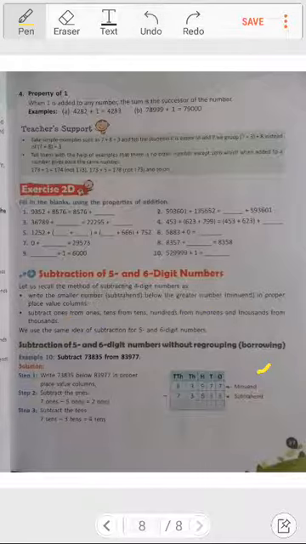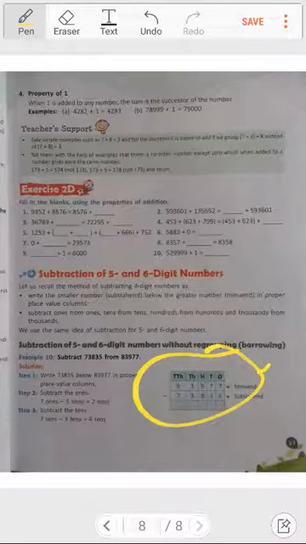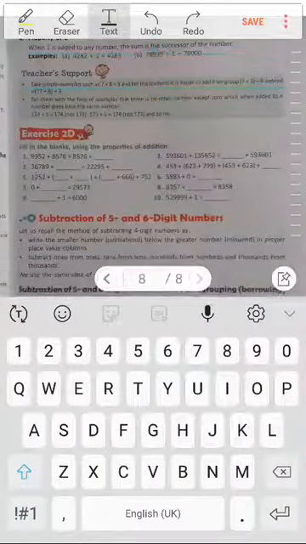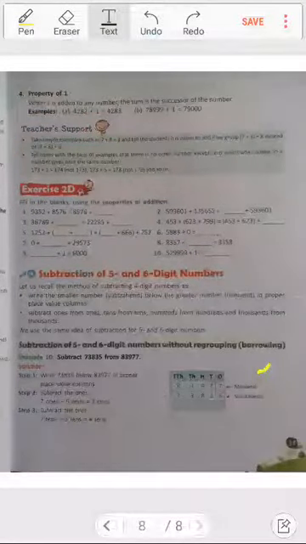Here there is also a carry over provision. But in this first question there is no carry over provision, because all the numbers below are either smaller or exactly the same. In the next example there will be carry over. If there is a smaller number at the top and a bigger number below and it cannot be subtracted, then we can take carry over from the higher places. Here it has been shown how to subtract the ones.